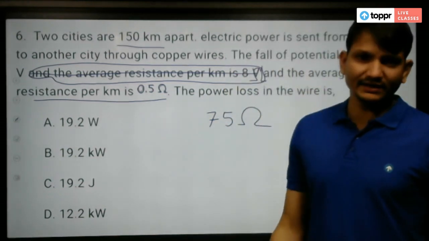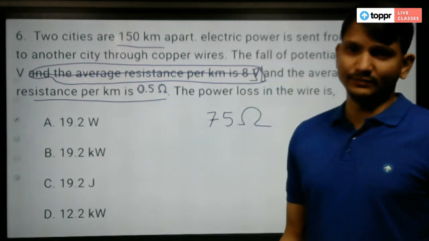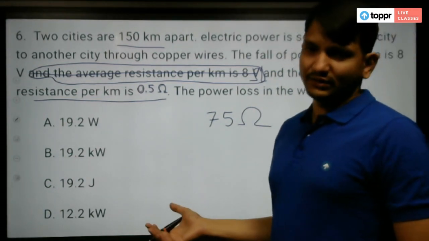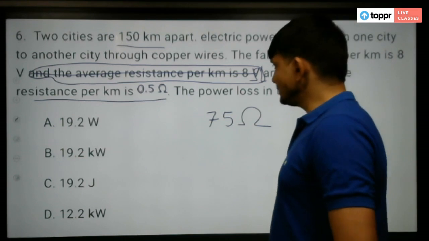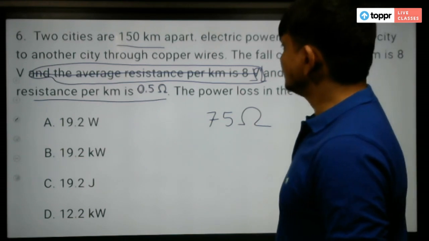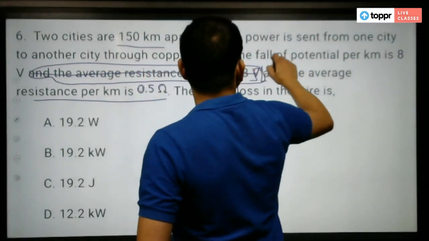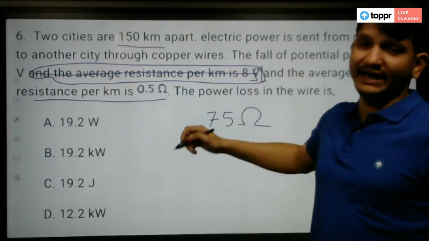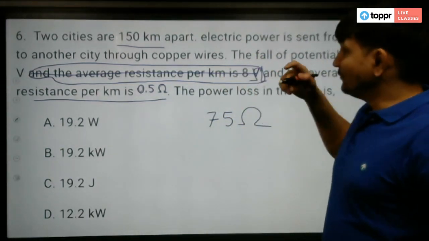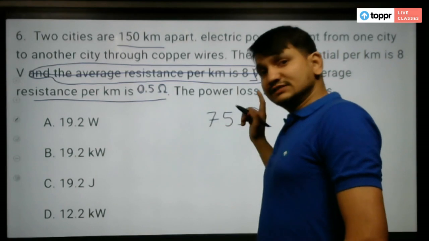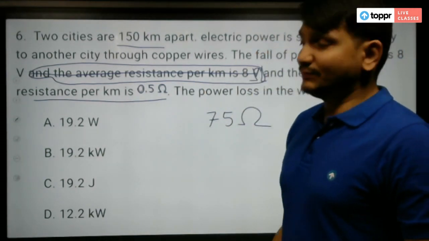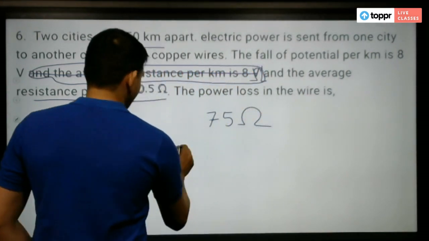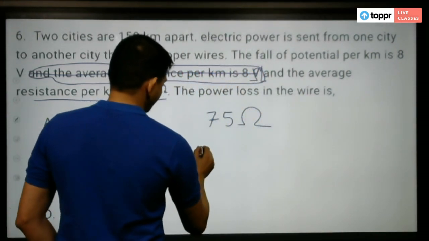This is electrical energy, so all we are using is the formula for electrical power loss in a conductor. So 75 ohm, and the potential drop is 8 volt. For 1 kilometer the potential difference is 8 volt. For 150 kilometer, the potential drop delta V would be